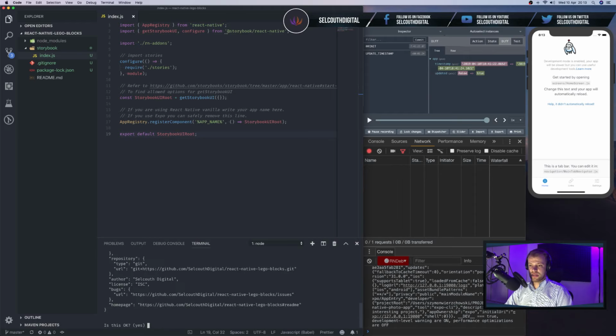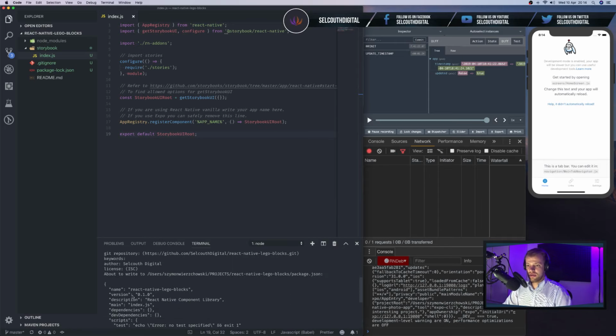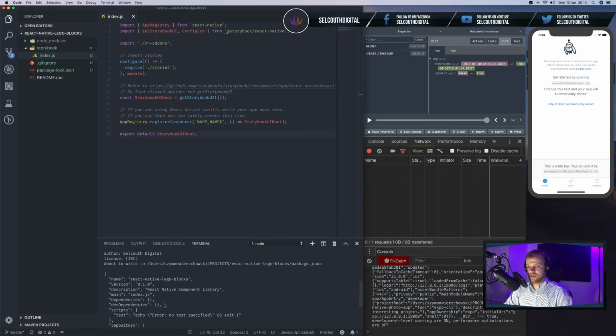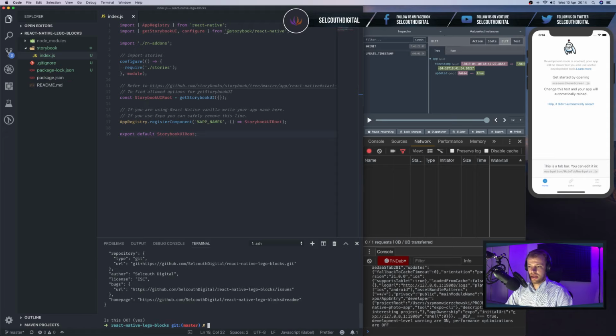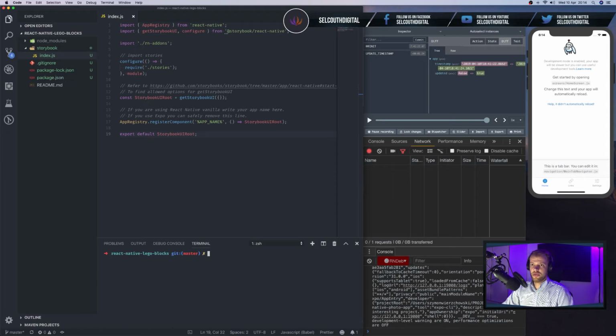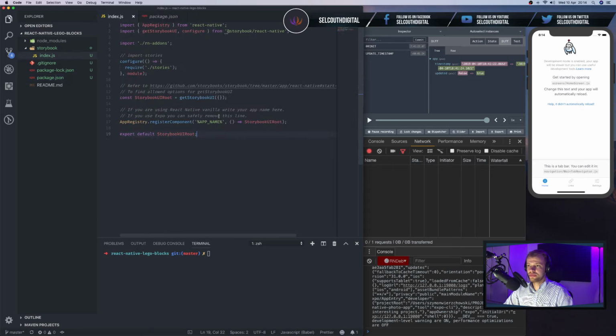The license ISC, we can see if everything is fine. React Native Lego Blocks 0.1.0, yes, everything looks great. And here we go. So we just created that package.json file with the name, and we can now replace this entire